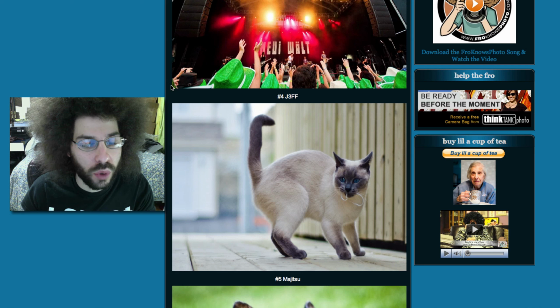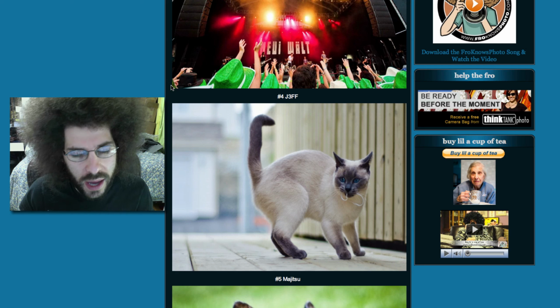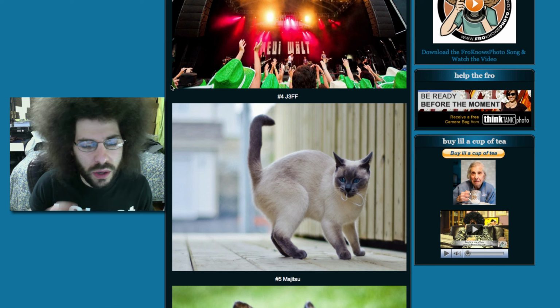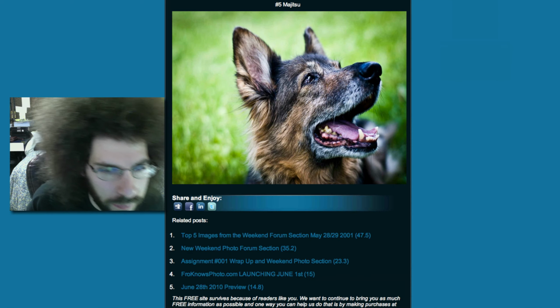You should check out a few of the others, because there's about 3 or 4 of this cat, but I really liked it. Being that it was an animal weekend too, I figured I should pick some there, but really, I like just the moment captured here of the cat playing. And then finally, we've got